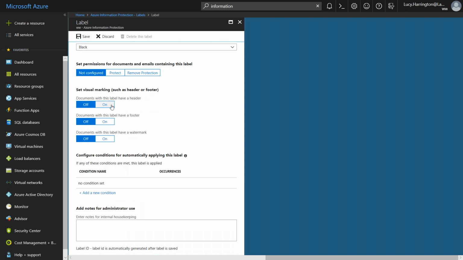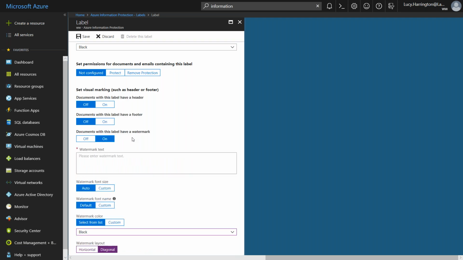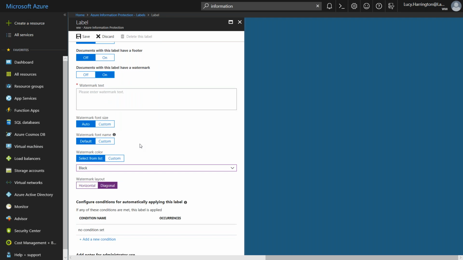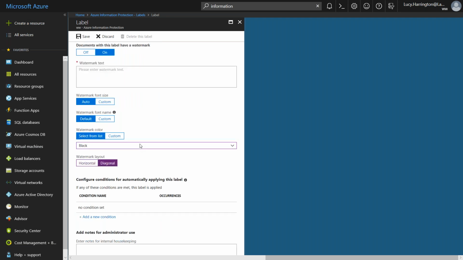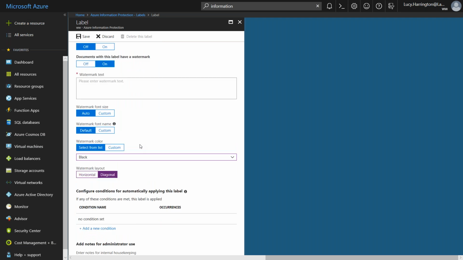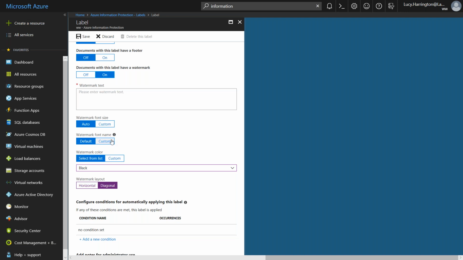But you can have a separate header, you can have a watermark, you can have a footer. All of that is possible, right? So when you say watermark, it can be a text, you can change the font and all of that, right? This is a standard watermarking, right? All of them combined in the same place is what is making it unique with the Azure Information Protection. So where do you want to place the watermark, and what should be the color, what's the font and everything.